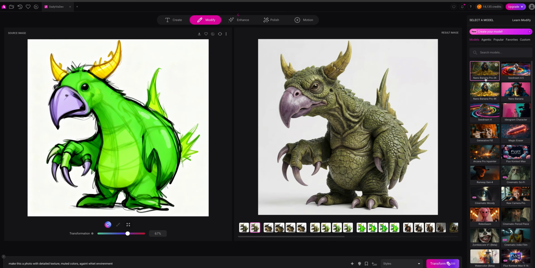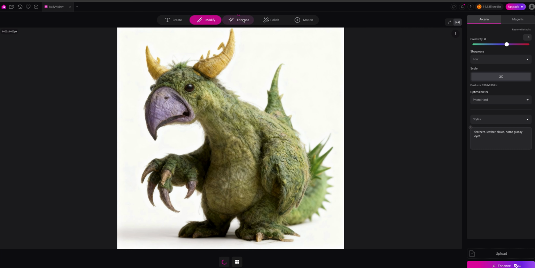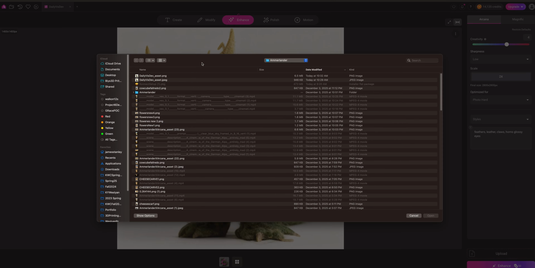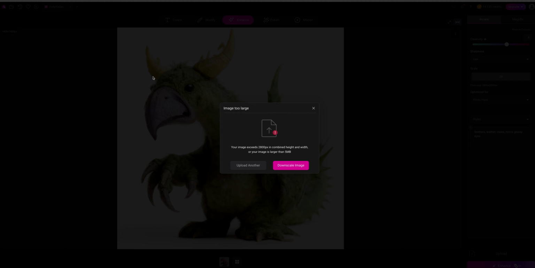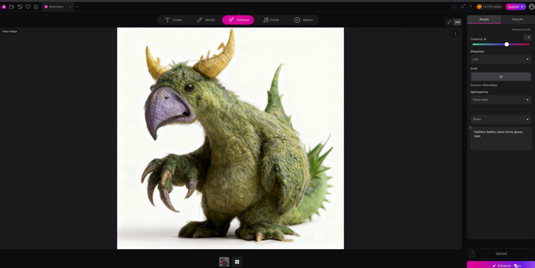And these were rendered in Nano Banana Pro 2K, so it's probably going to be too high a resolution. So when I add it to enhance, it's going to tell me that it's too large. So again, we'll download, hop to enhance, upload at the bottom, grab that, downscale,